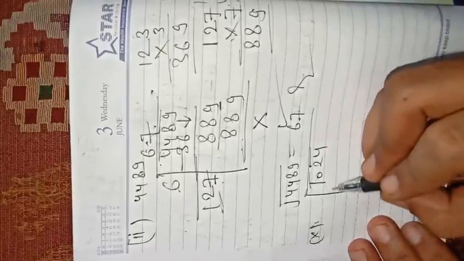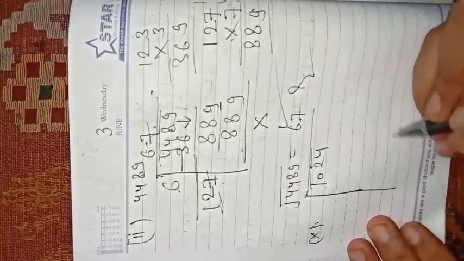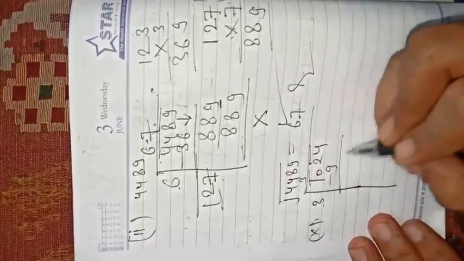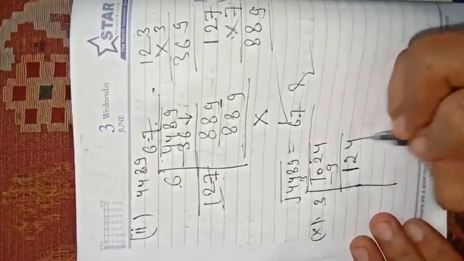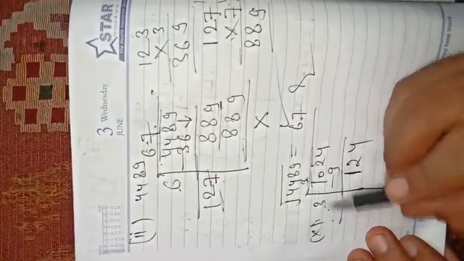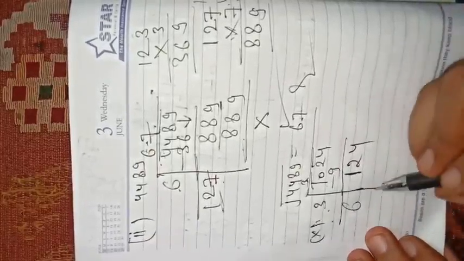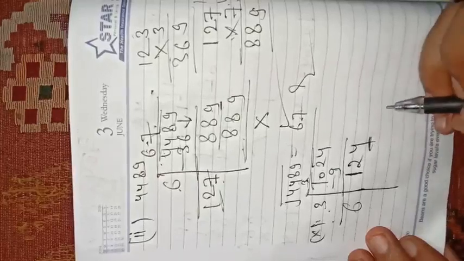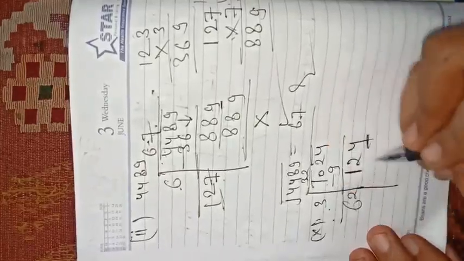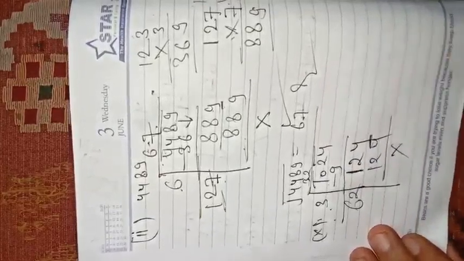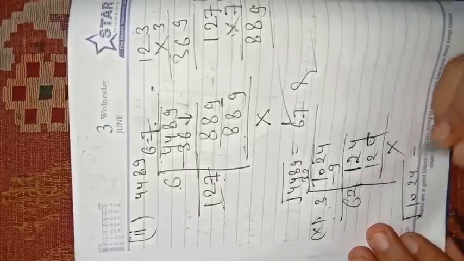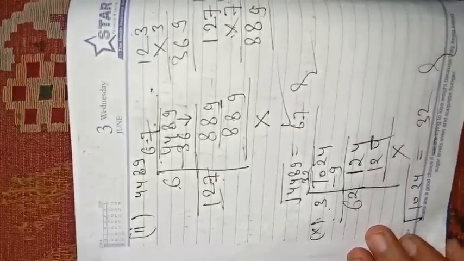So now below 10, which is the perfect square number, 3 3s are 9. Subtract it, 10 minus 9, 1, then 2 4, then these 2 3s will be added as I have told you. 3 plus 3, 6. Now after 6, which number should we write to get 4? So 62 2s are 124. Both this gets cancelled out, and square root of 1024 we have calculated, and that is 32.